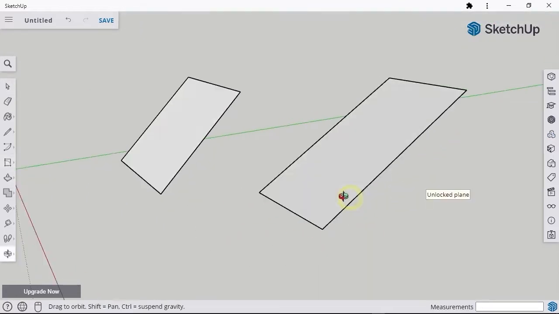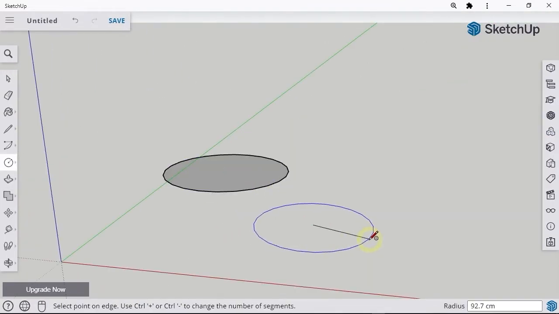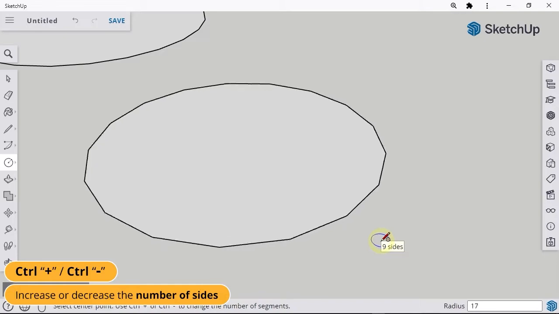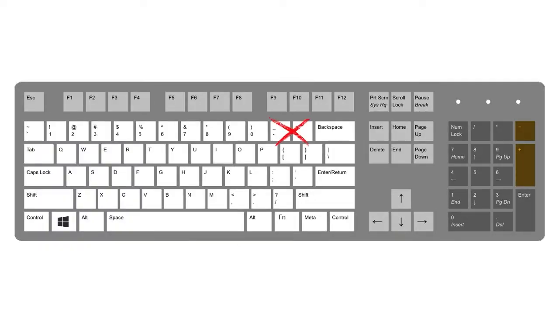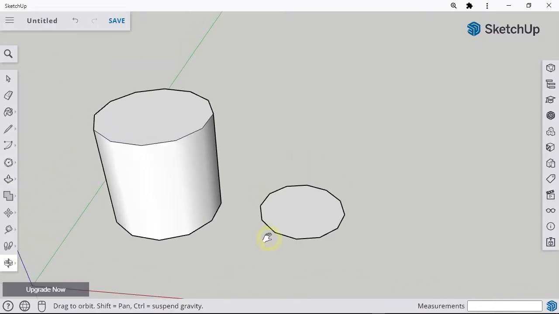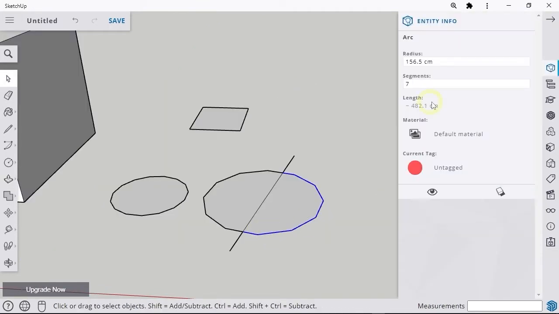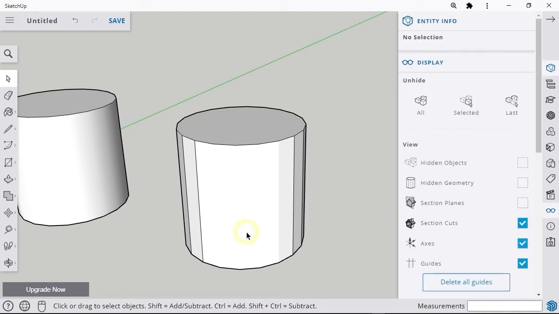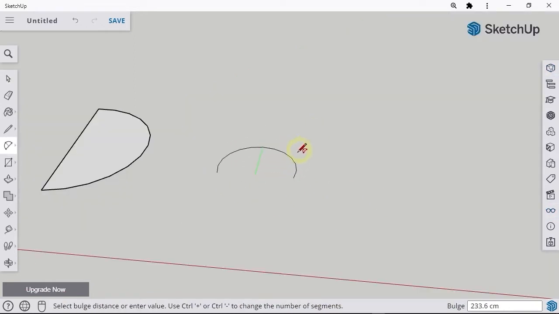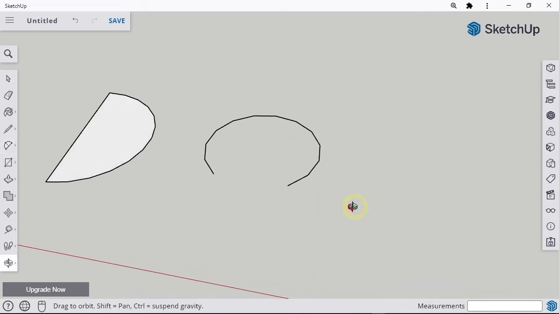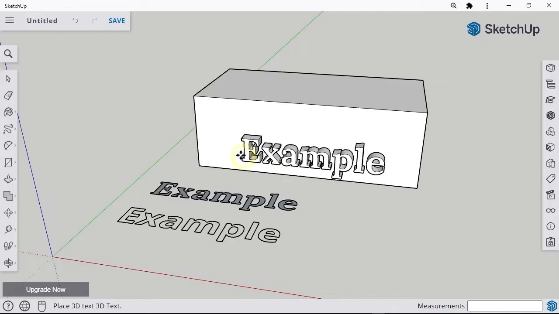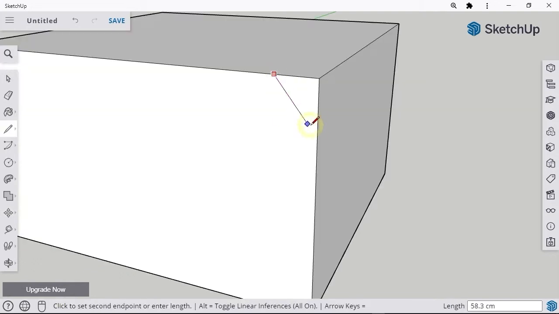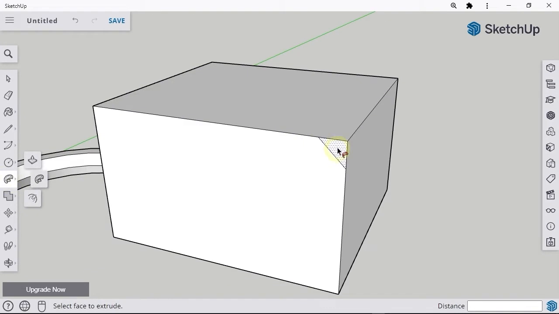In the fifth chapter, we will discuss various advanced modeling techniques. You will learn how to use the rotated rectangle, learn the ins and outs of the circle tool and the polygon tool, then learn the concepts and techniques of smoothing 3D object surfaces. Then, you will learn how to use the freehand tool as well as the arc tool, and then create 3D text objects. And finally, learn to use the Follow Me tool.